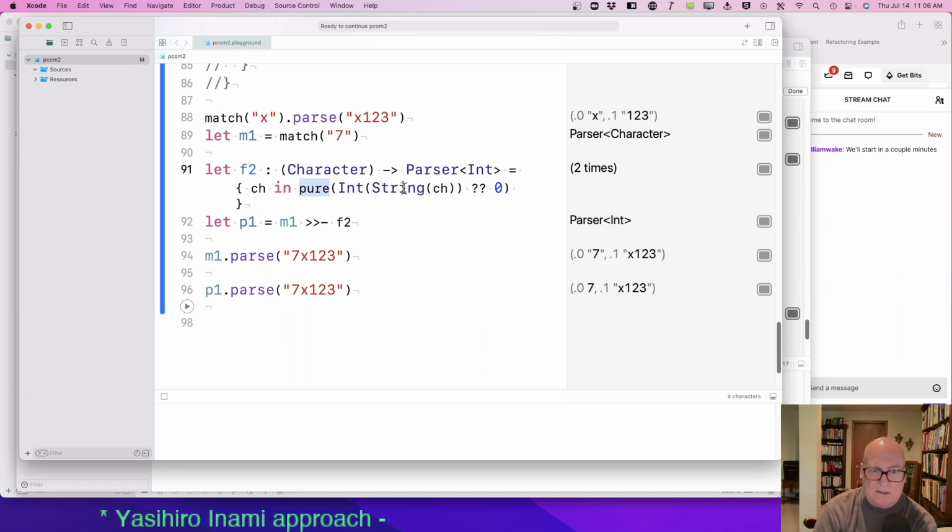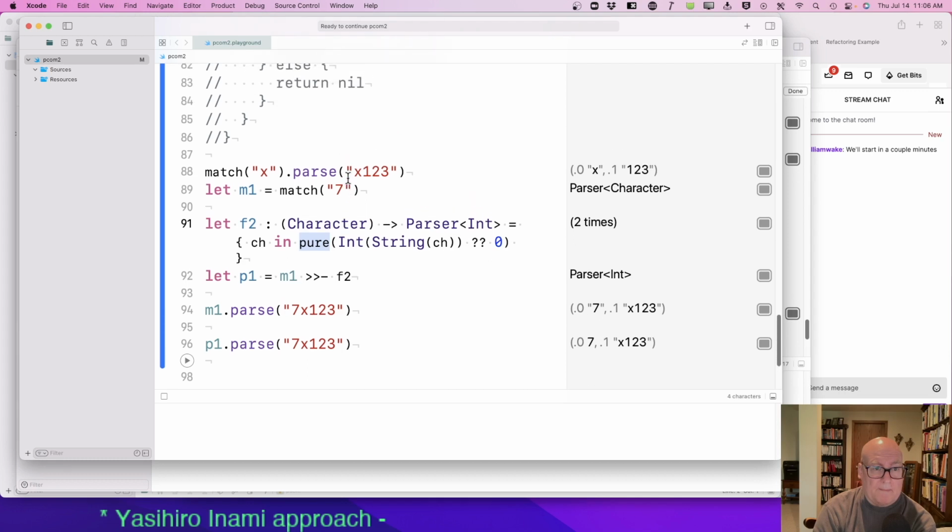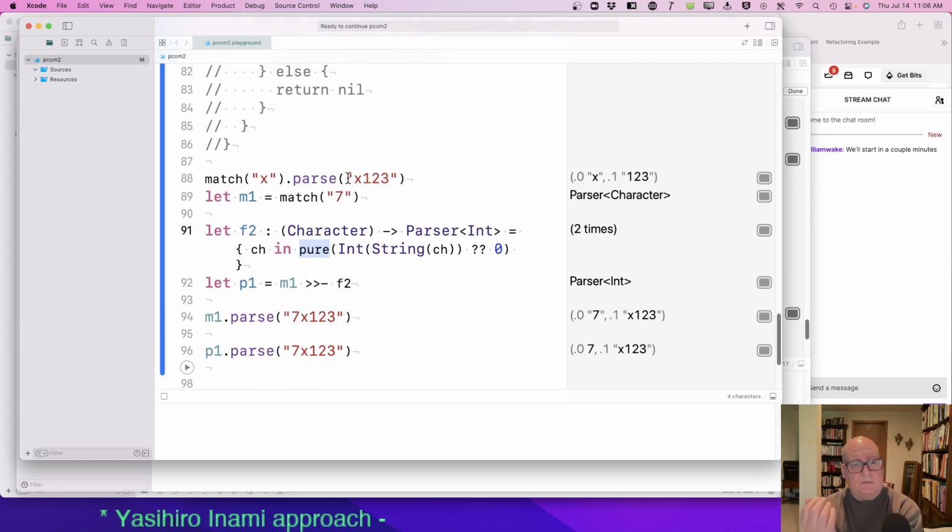The value is the int, and then it's still a parser. It's got the rest of the input there for you.